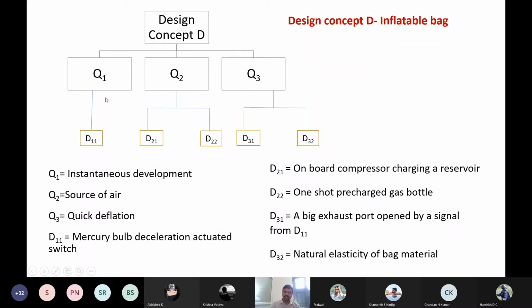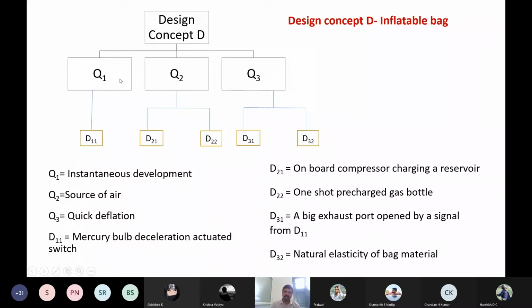So if these three are the functional requirements, is it required to solve all three, or if you solve any one or two, is that sufficient? What is the condition? All three should be solved. Okay, all three should be solved. Since these are sub problems, in order to get a solution for the overall problem, you have to solve all sub problems. So that means you have to solve Q1, Q2 and Q3. If any one among these three is not solved, you cannot solve the overall problem. So that means you have to solve all three.